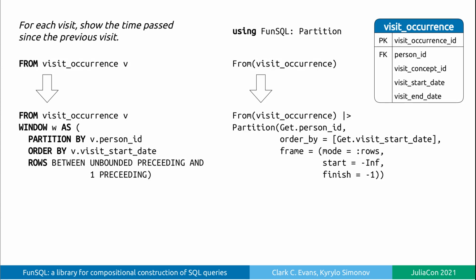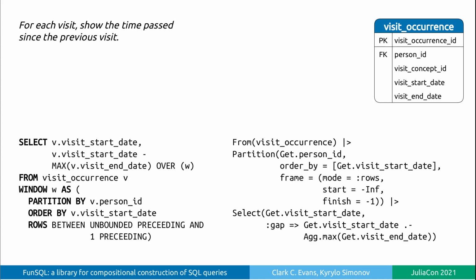Where aggregate functions are used for summarizing a dataset, window functions let us relate different rows of the dataset to each other. Support for window functions, available options, and syntax vary between different SQL implementations. The FunSQL notation for window functions is modeled after SQL syntax with an explicit window clause, where the window specification is declared in a separate clause and has a name assigned to it. In FunSQL, this role is performed by the partition constructor.